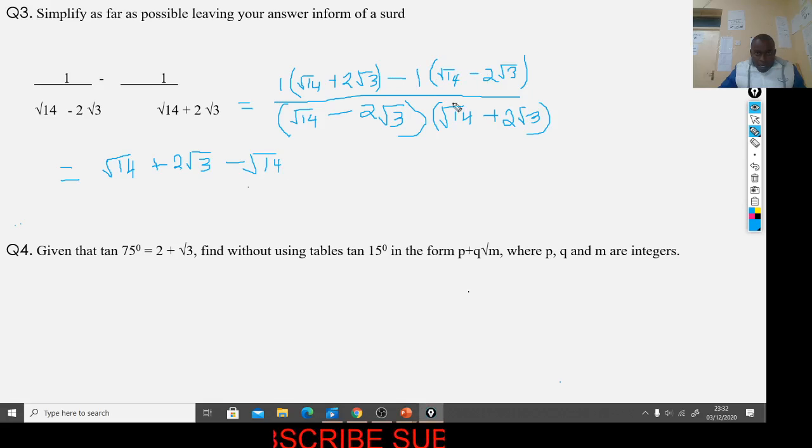This minus and this minus gives you positive, that is plus 2 root 3,